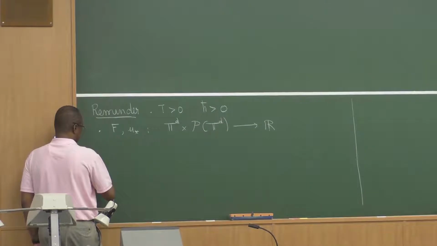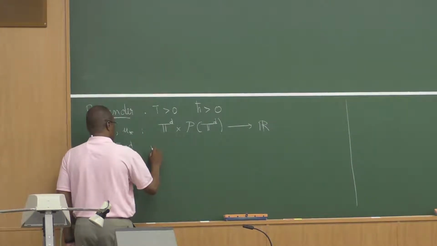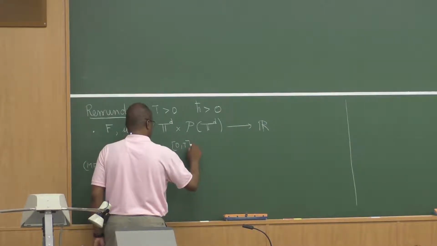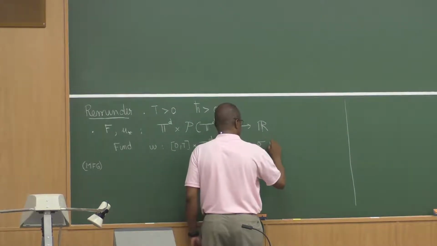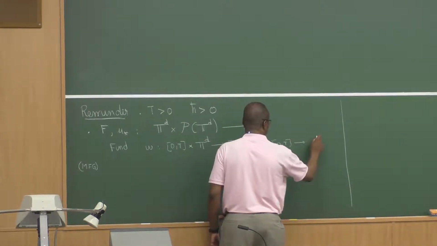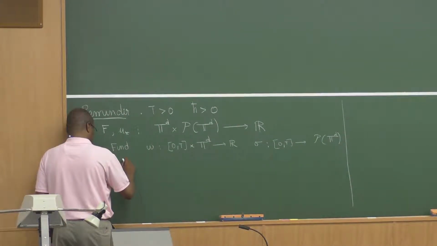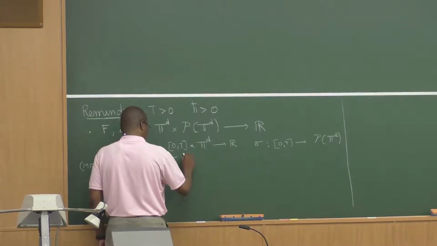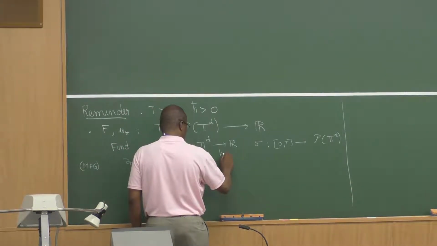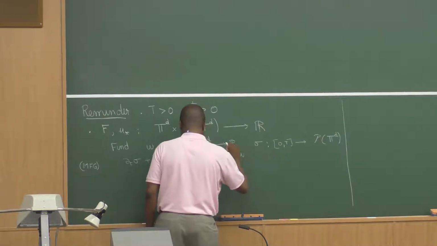And the mean field game equation is: find W from (0,T) cross the torus to R, and sigma from (0,T) to the set of probability measures on the torus, such that the derivative of sigma with respect to time plus the divergence of sigma gradient of W equals h bar over 2 Laplacian of sigma,